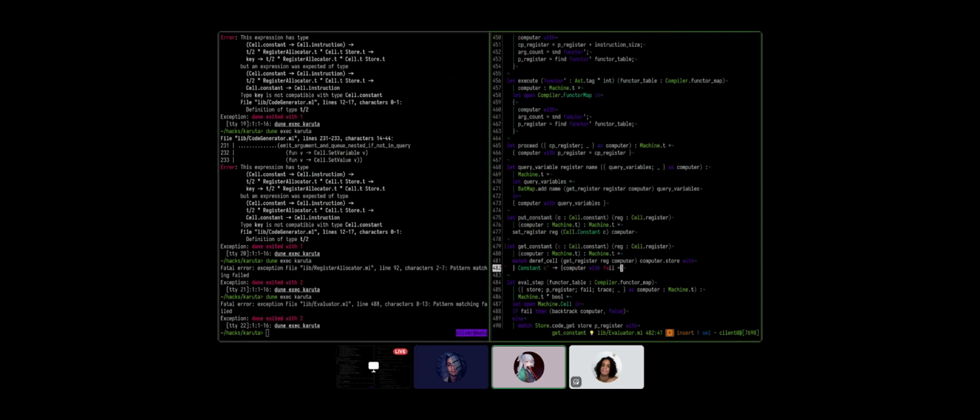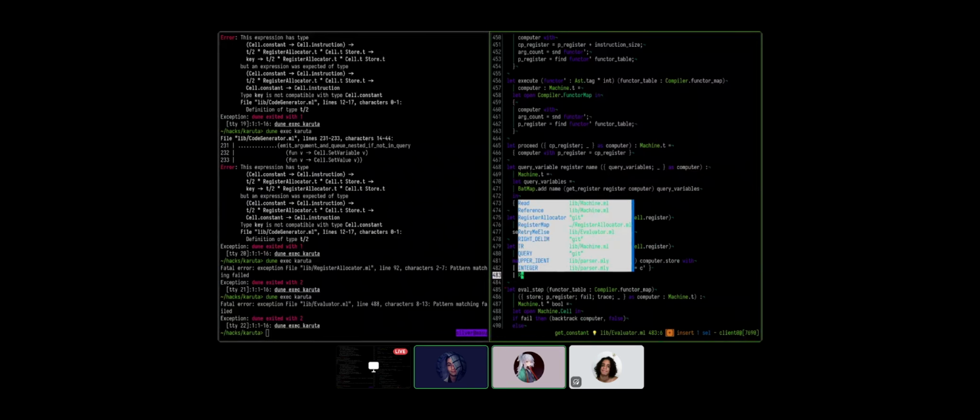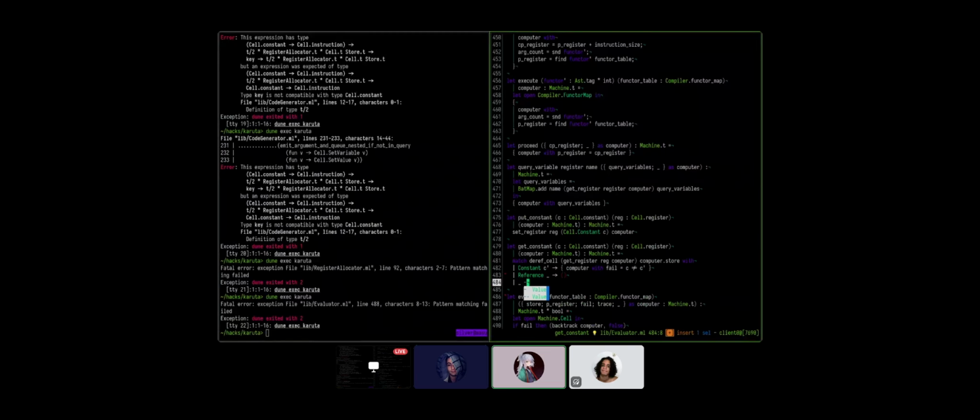Computer with fail equals: if C not equals C prime, how do you do that in OCaml? Well, LSP is not complaining. Okay. Otherwise, reference, this is to do. Otherwise, we always fail.